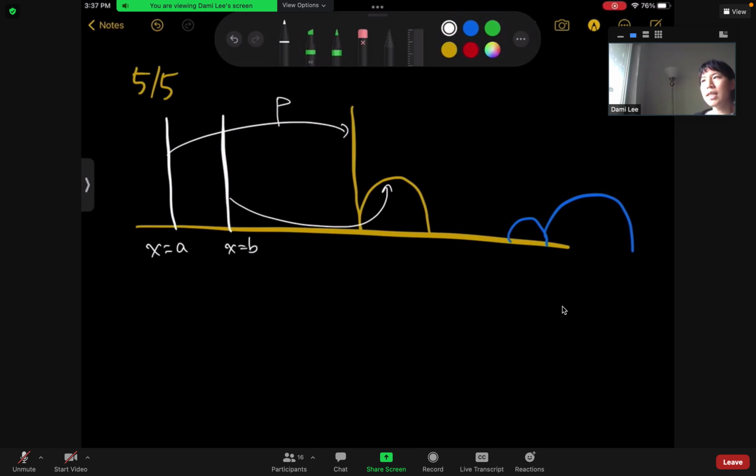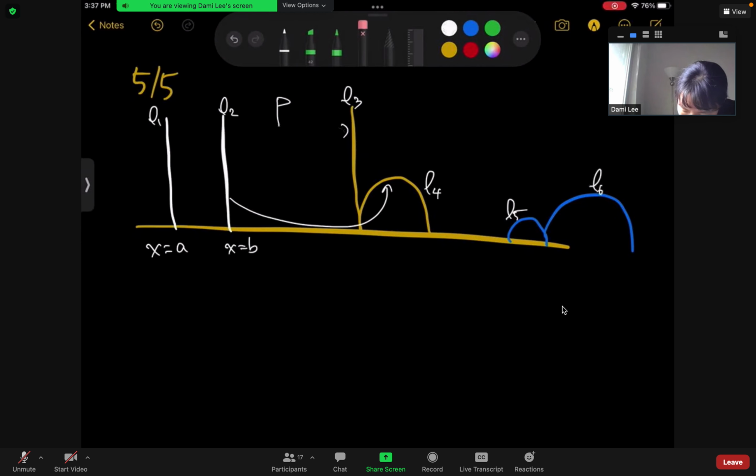You don't have to give me the entire answer at once, but what are some of the things you want to keep track of? Let's say I call these L1, L2, L3, L4, and let's call these L5 and L6. And I say, give me a map. I'll just write P as meaning the map and also the 2x2 matrix that sends L1 to L3 and L2